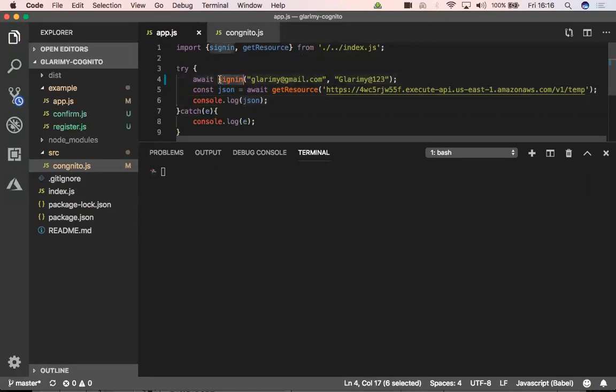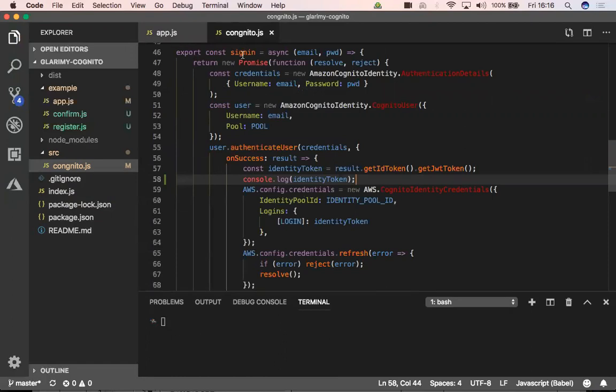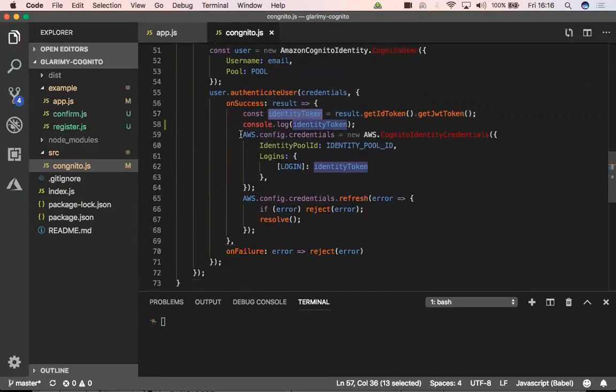We said that once you sign in, the token is received. Do you see anywhere am I storing the token here in this code, line 4? No. But the sign in is actually going where? To the Cognito, our API. And what our sign in API is doing is, once the user is authenticated and it is successful, once they get the identity token, I am storing them. That piece of code is actually to store it.